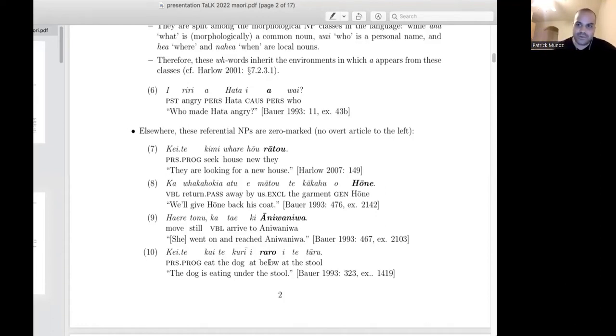So it's important to mention here that even though you get zero marking on these locations, I think they're still personal marked, in the sense that zero marking is personal marking. And what I mean by that is other NPs in these positions, if read definitely, can't get zero marking, right? You have to put some article like te, for the, in front of them. And so there are some other noun phrases that are zero marked, but they're typically read indefinitely. So definite reading with zero marking or a seems to have the same function, and only pronouns, place names, local nouns, and personal names can get it.